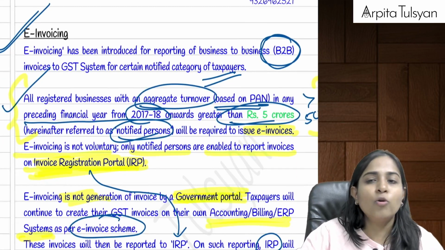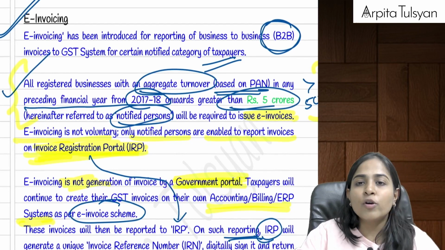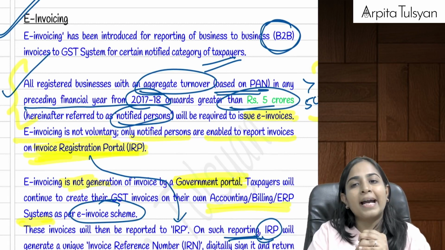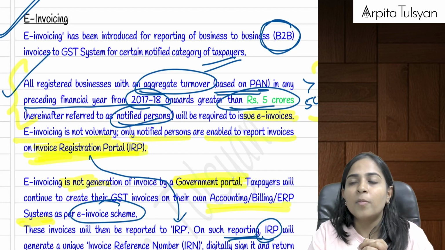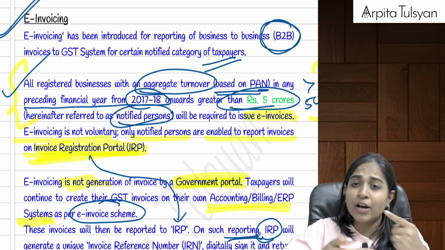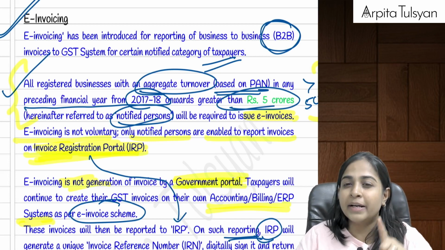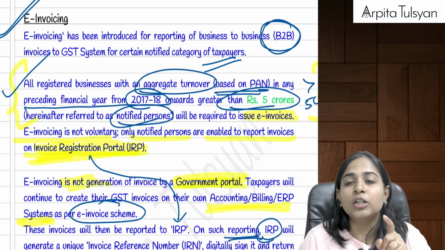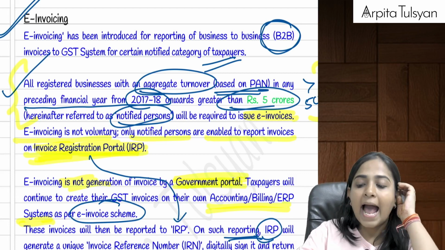Right, then going on to the next concept, that is about e-invoicing. E-invoicing concept was introduced for such registered persons whose aggregate turnover in any of the preceding financial years from 2017-18, in any one of the years, has exceeded rupees 5 crore. Okay, this is the updated limit. Earlier it was 10 crore. Now it is, if your aggregate turnover in any one of the preceding financial years from 2017-18 has exceeded rupees 5 crore,